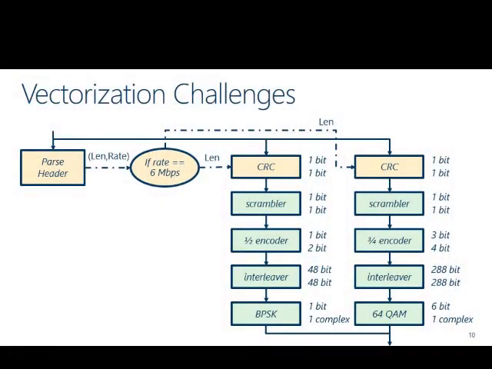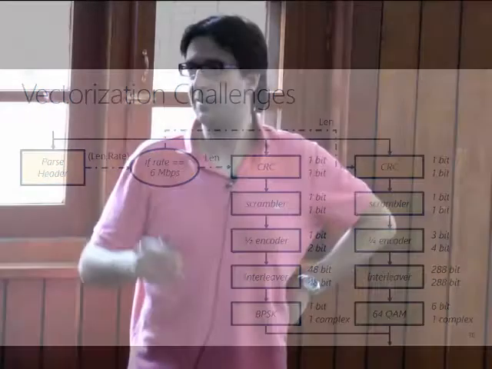Okay, so why is this a difficult problem? Can I just not blast it to whatever I want to do? So here's the thing. This is our Wi-Fi with a bit more details. This is actually the transmitter. Now this is not the receiver. So let me give you a bit more details on what it does. So now here the input is in bits. Okay, so input is in bits, and the first thing that comes is a header. So I need to see the header, and I know where in the header is the data rate, right?